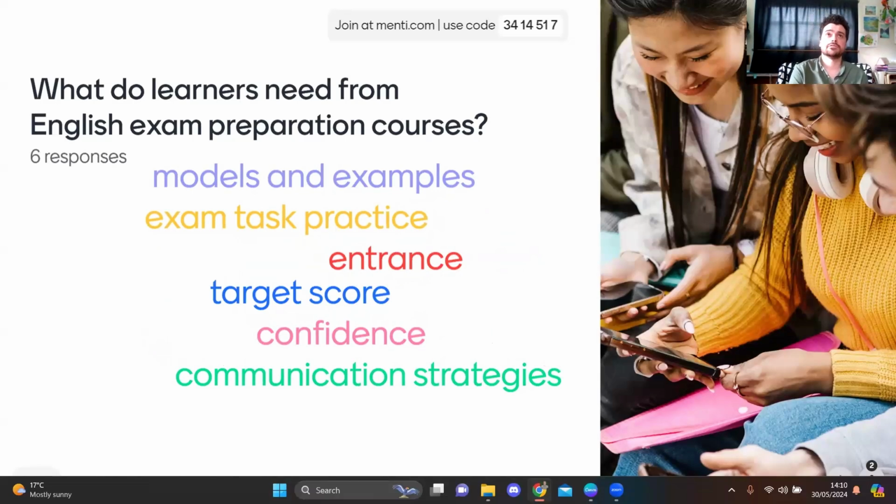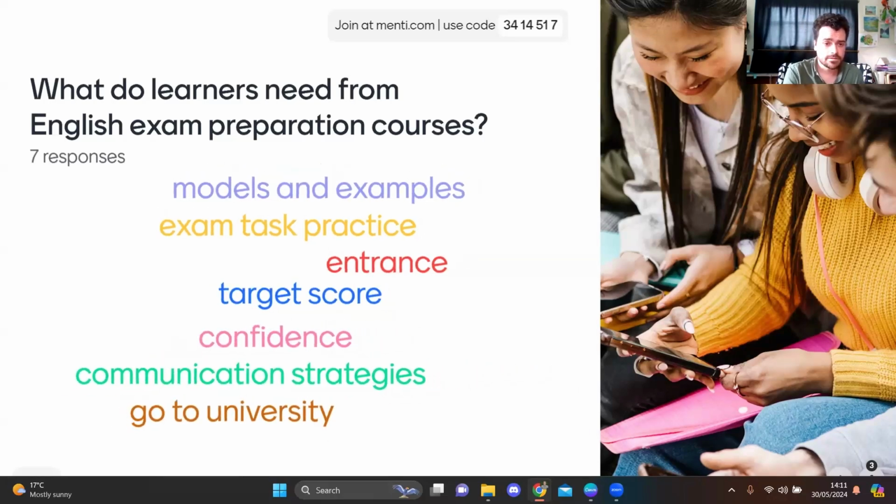So you're going to have to do some specifically test prep questions, even practice tests. Entrance, I'm not sure what we mean with that. The target score, yeah, they're looking for a specific score so that they can get into university or get a job, or apply for a visa.